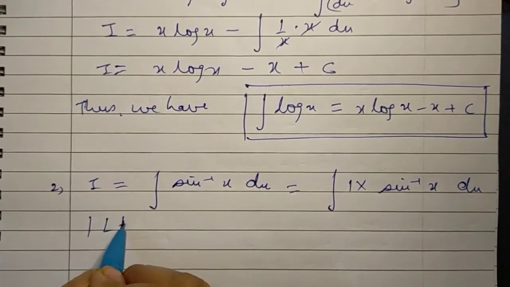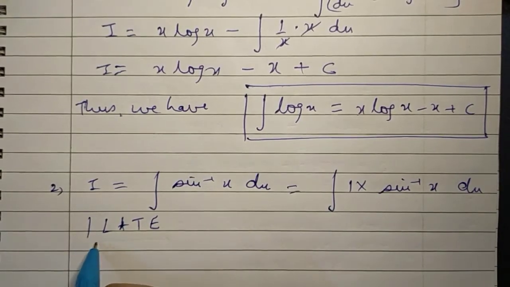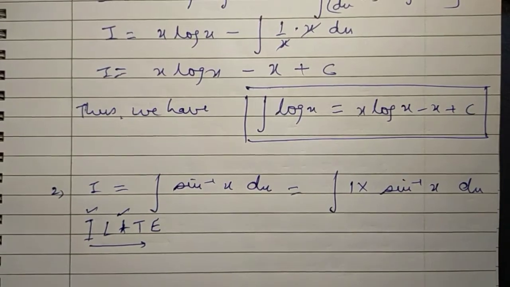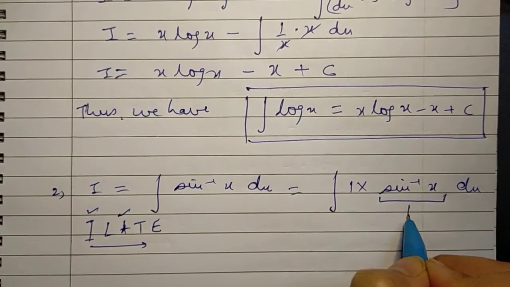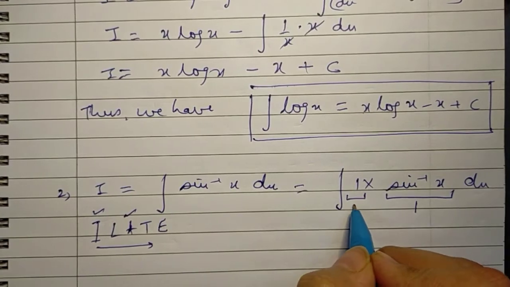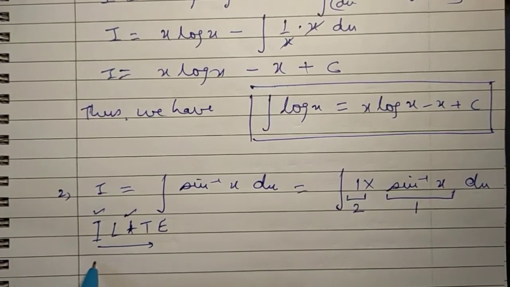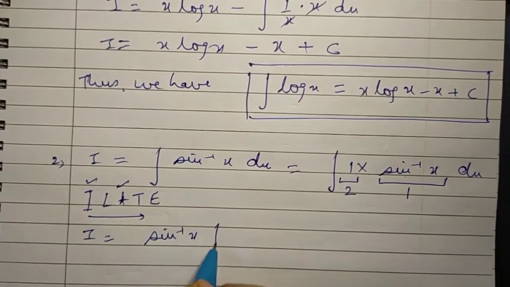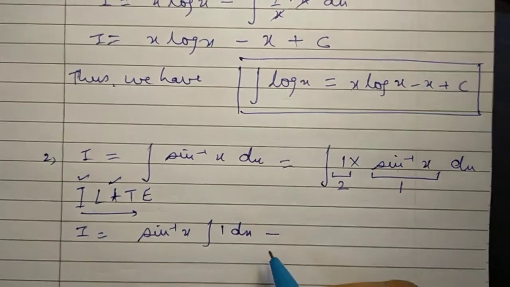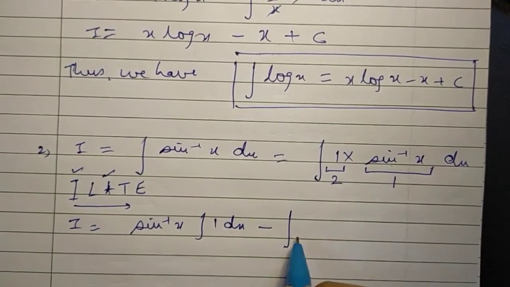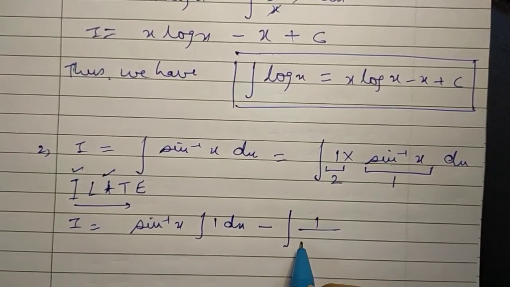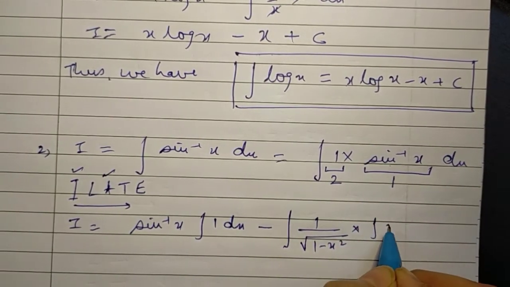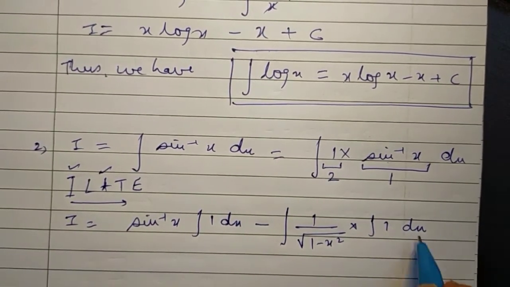Again following ILATE, the inverse trigonometric function is first and 1 is the algebraic function, and so we treat the inverse trigonometric function as the first function and the algebraic function as the second one, and so we get I is equal to first function, that is sine inverse x, into integral of the second function minus integral of derivative of the first function, that is 1 upon under root of 1 minus x squared, into integral of the second one into dx, and so we get